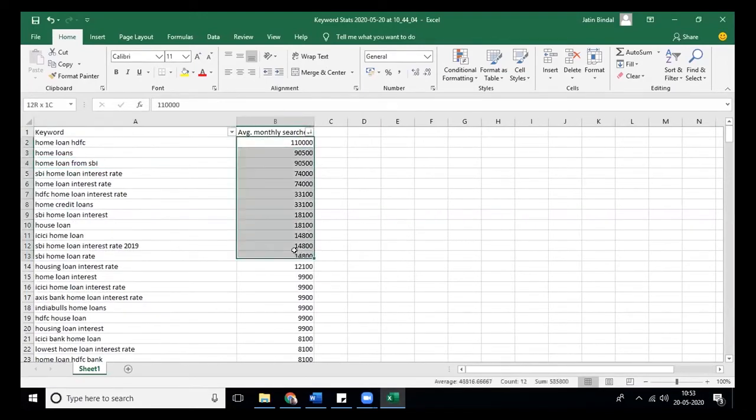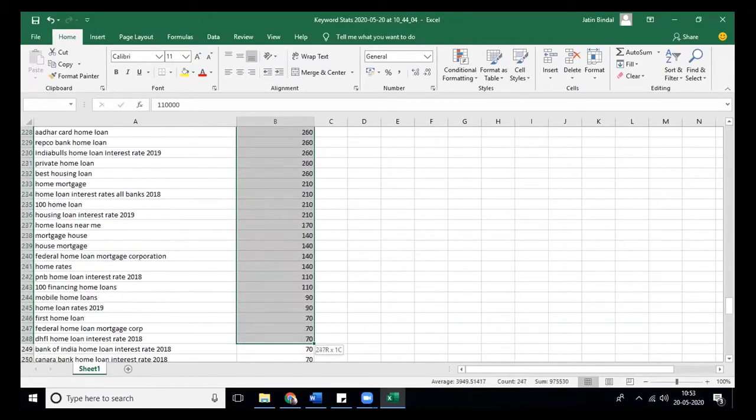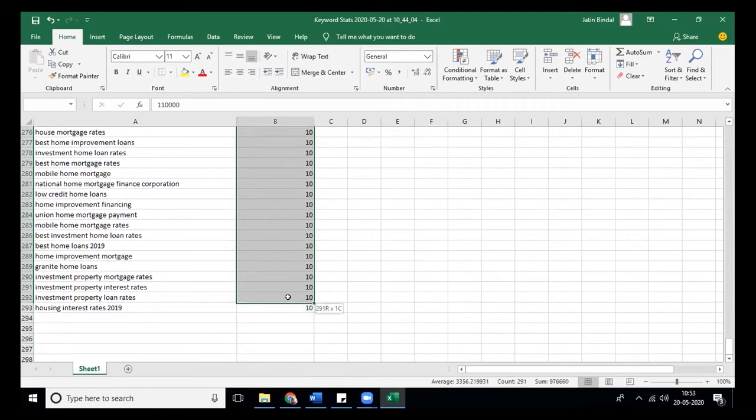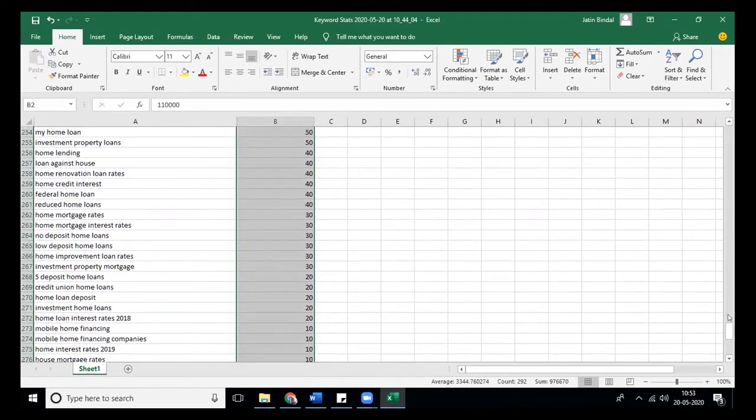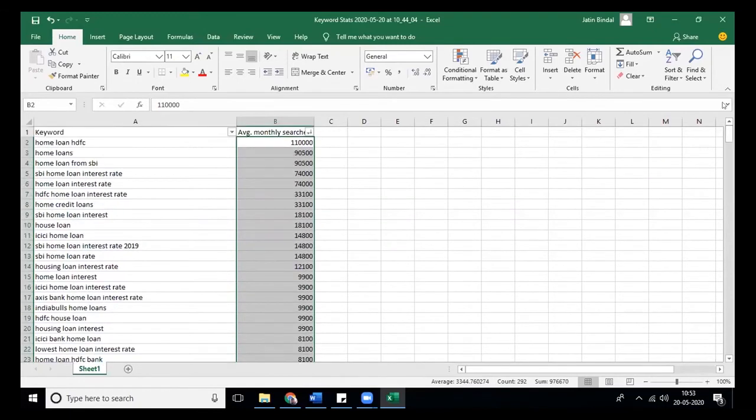Then take a sum of it. If I go down, if you look at my screen, the sum of all the searches is 9,76,670, almost 10 lakh. If I go on the top, the first 3, 4, 5 keywords are almost equivalent to 10% or more.